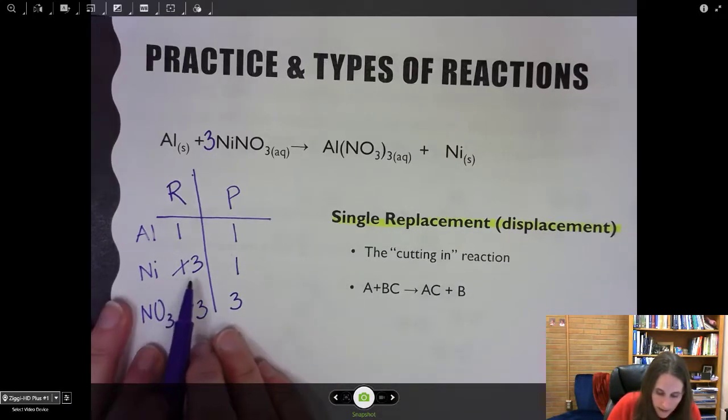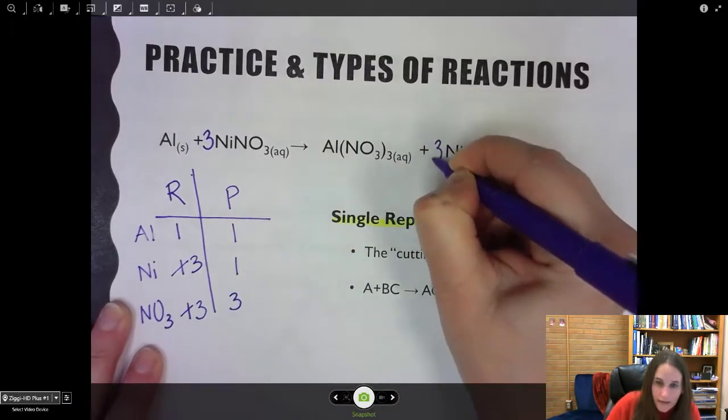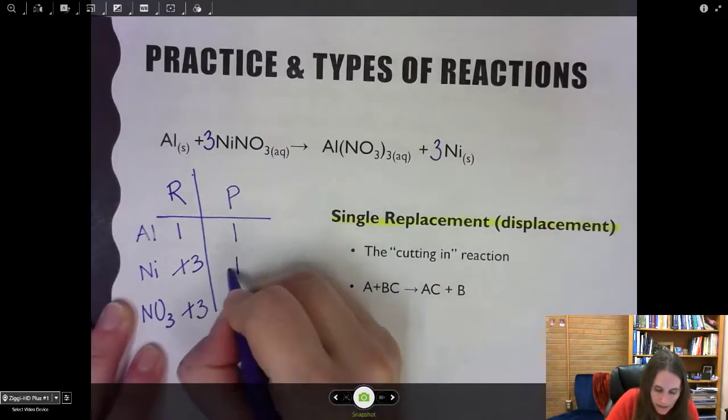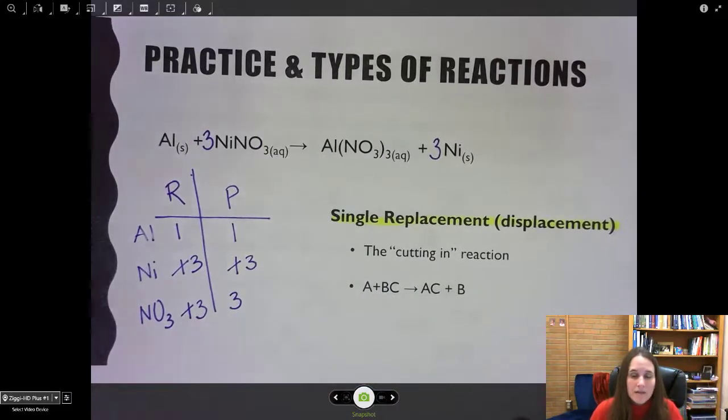Now, from here I can see the only thing left to balance is nickel, which is all by itself and fairly straightforward then to balance. And now everybody, I have the same mass of each element on my reactant side as I do on my product side for this